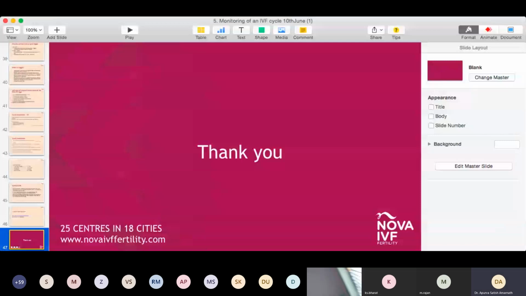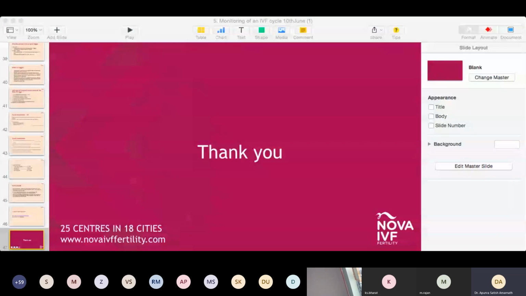So next, coming to the luteal support. This is one of the most controversial topics in fertility, basically, because there's absolutely no consensus on use of luteal support in today's day and age. So I'll be covering this topic of, is there any need for support in natural cycle, IUI or IVF cycles? What medication should be given, when it should be given, at what dose it should be given, and the most complicated question to answer of them all is when exactly should we stop luteal support?